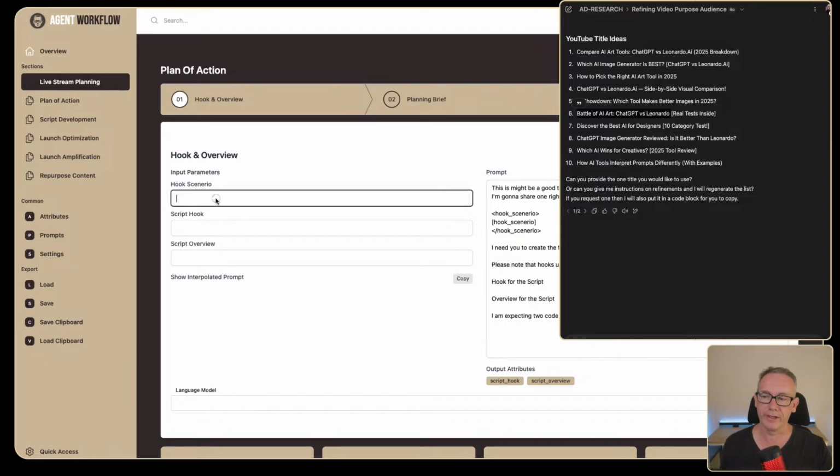We'll get a hook. What is the hook? Now this is a live stream in this case. I'm going to look through different image categories, come up with some different image prompts, and then try to generate the images in both Leonardo AI and ChatGPT in real time.